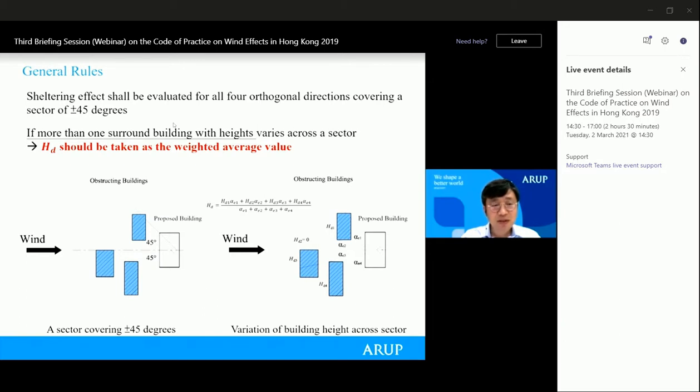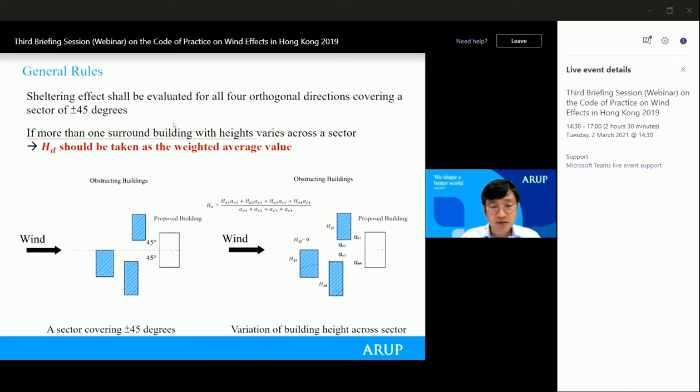For each 90 degrees, we investigate whether there is more than one obstructing or surrounding building with height varying across the sector. Then the displacement height, which is HD, should be taken as the weighted average value of all those obstructing